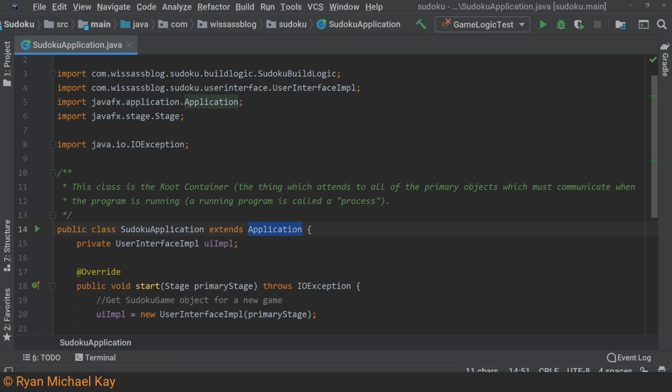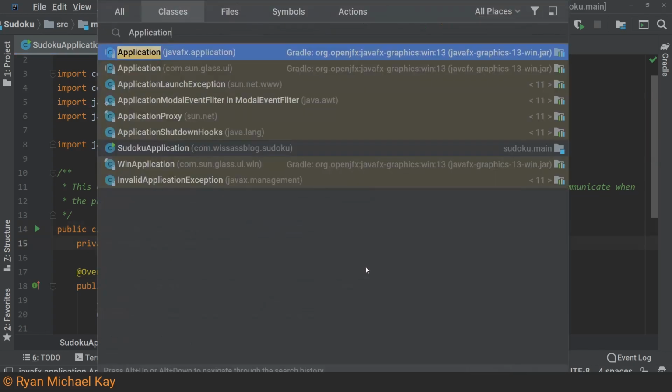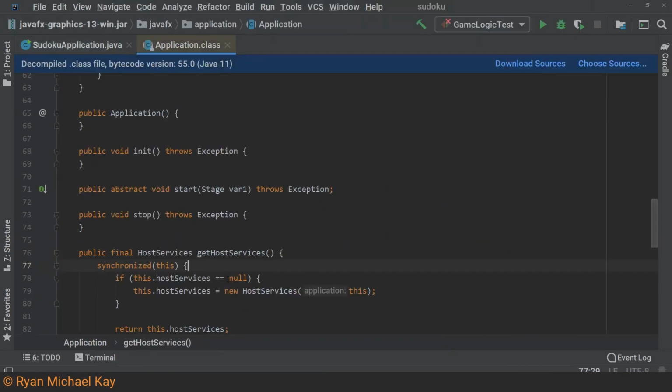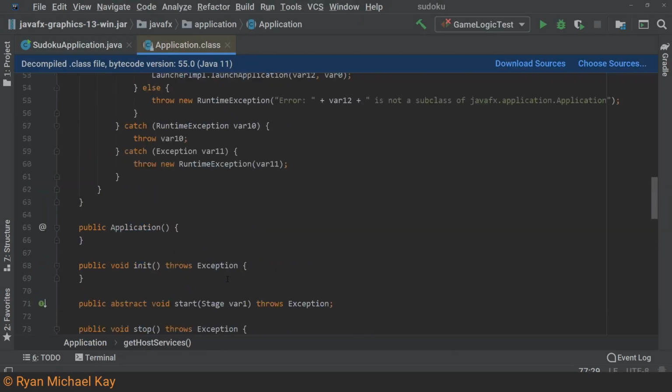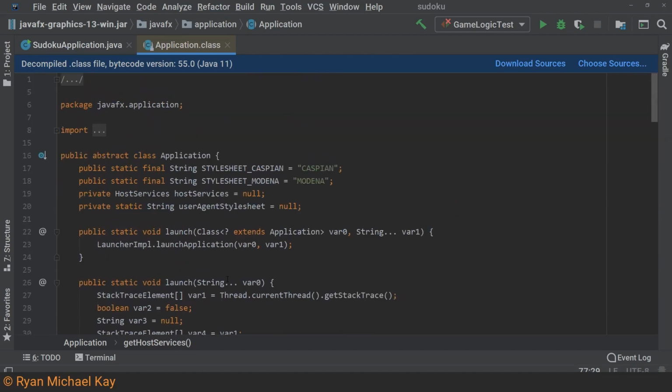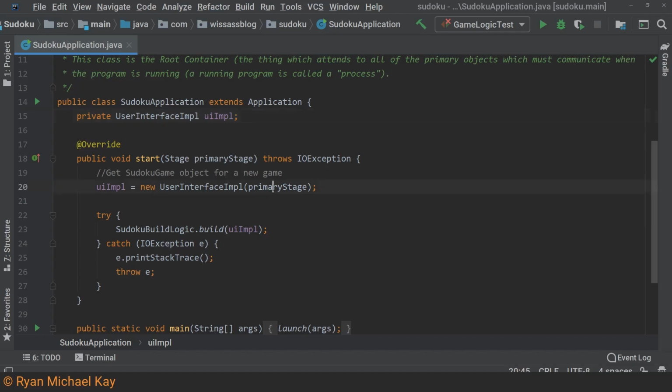For example, the entry point for my Sudoku application is actually a class which extends application from JavaFX. This class contains implementations for interacting with the operating system to start and stop the application, and it also gives me access to this stage object, which represents the primary window of an application.